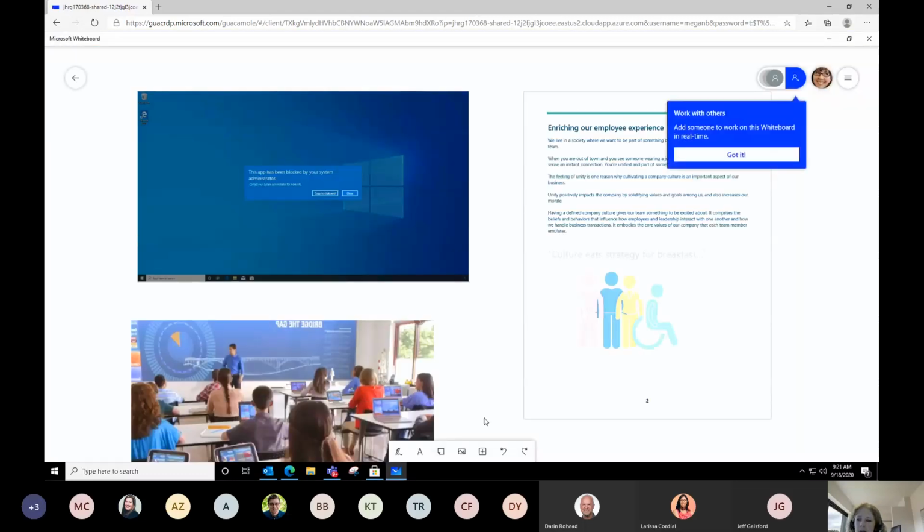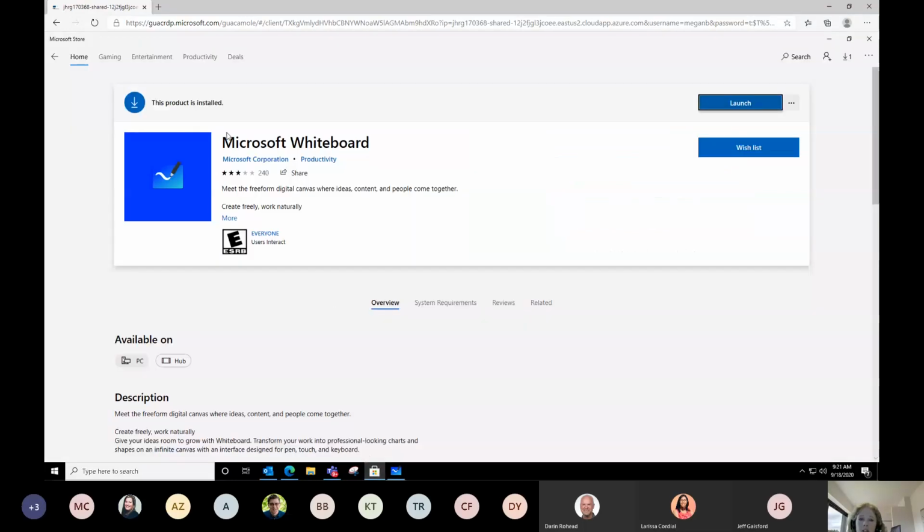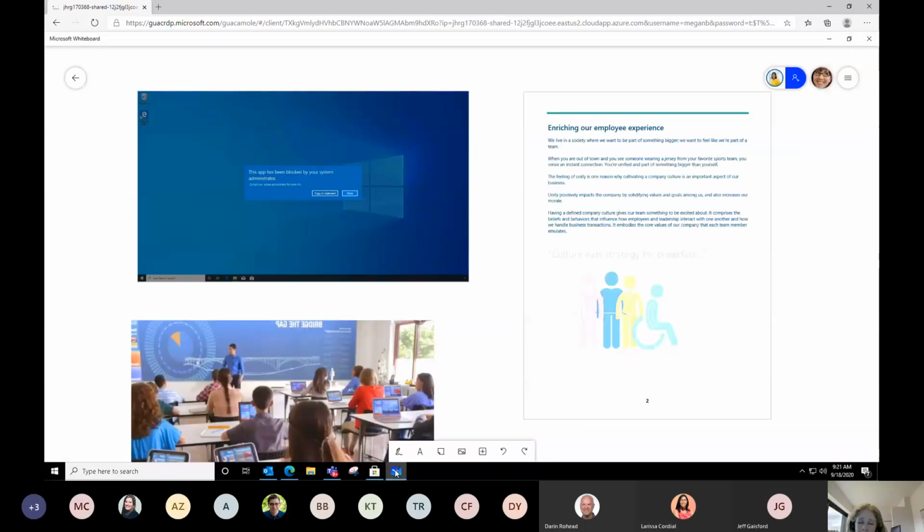And you'll see down here that it's taken me into a past whiteboard that I was working on in this case. And I think it's because it got a little bit messed up when I was showing you the Play Store. So again, if you were to just go to the store on your own, just look for the Microsoft Whiteboard app and you can install it for free. All right. And it's really not a very big app. But let's take a peek at what the welcome screen looks like in the desktop app. And really, if you want the full experience, this is the version of the app I recommend you use.